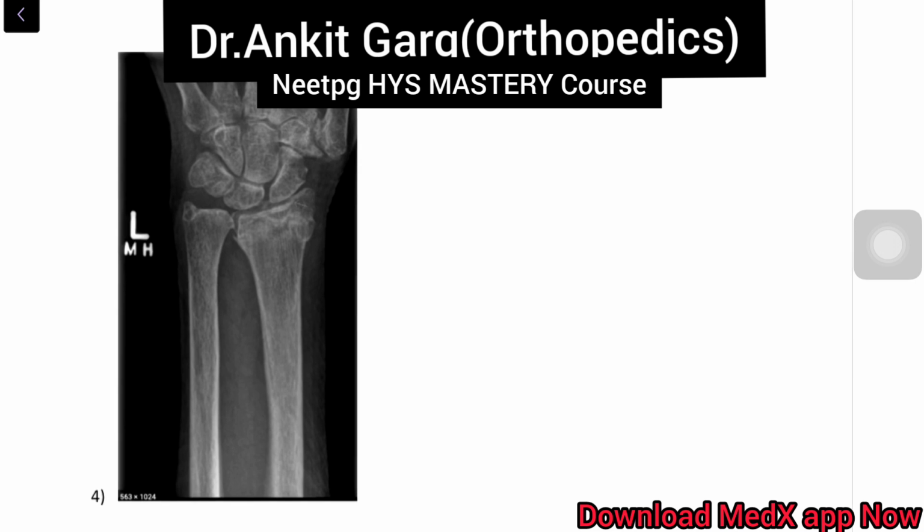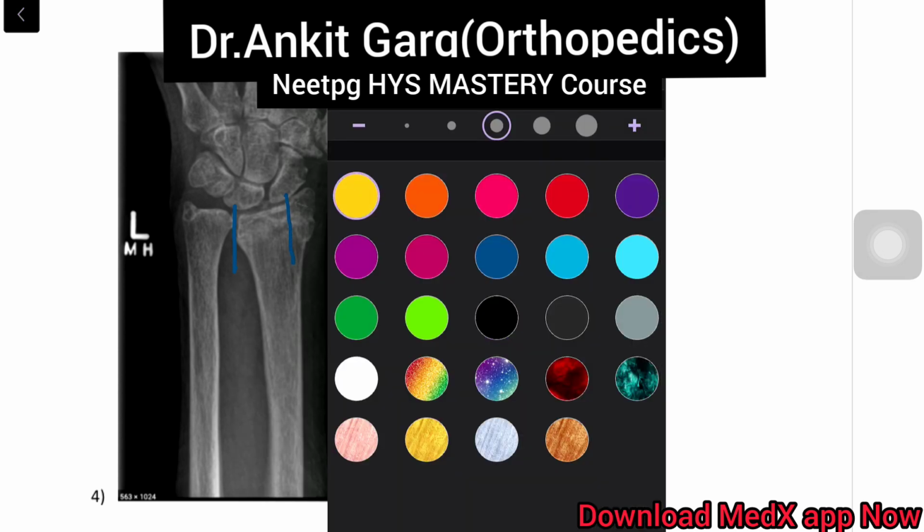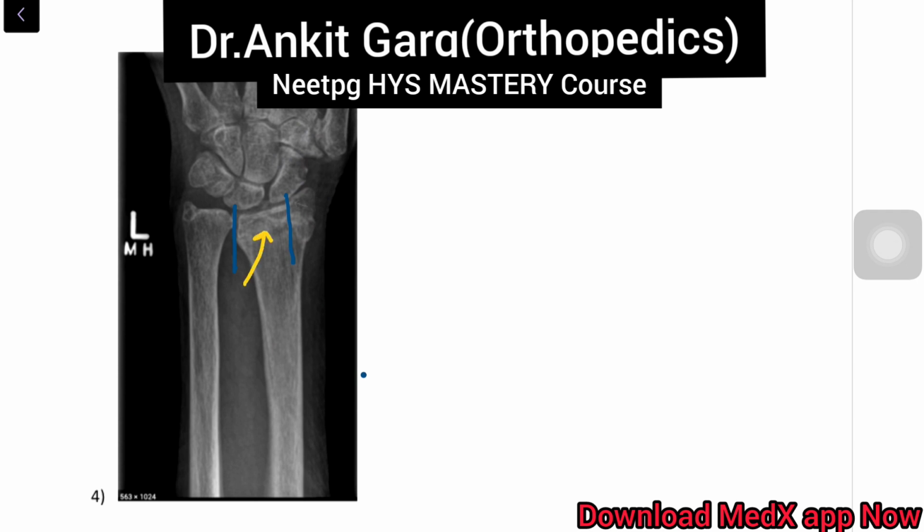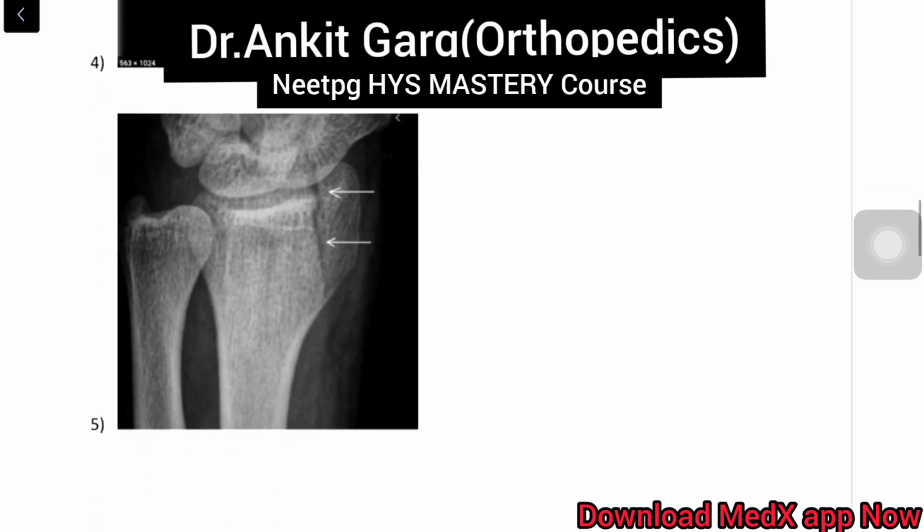Here you have to actually appreciate the ulnar column of the distal radius, and you have to find that there is some sort of depression along the column. So it's basically a die punch fracture. And the fifth question is also a named fracture, where this fragment is known as the radial styloid fragment. This styloid fragment has been avulsed off, so it is known as a Chauffeur fracture.